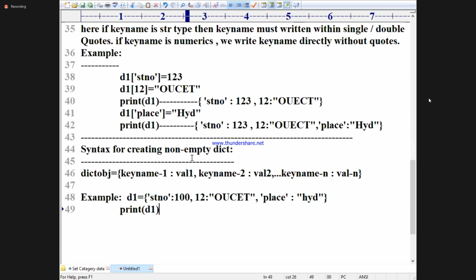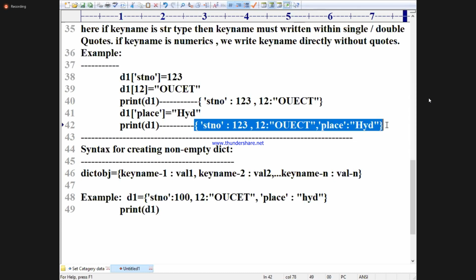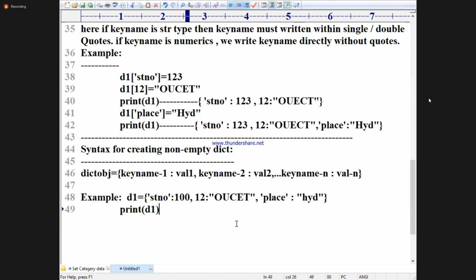Print of D1. Print of D1. Output: STNO 100, C12, place.